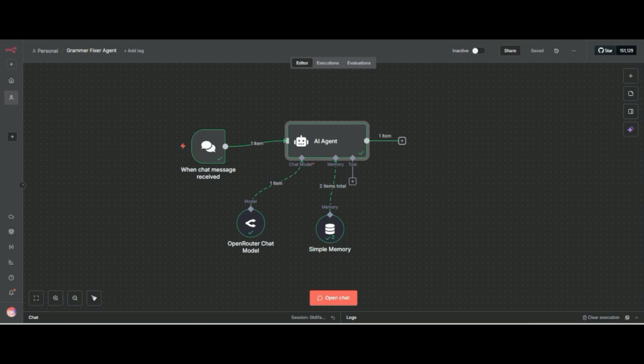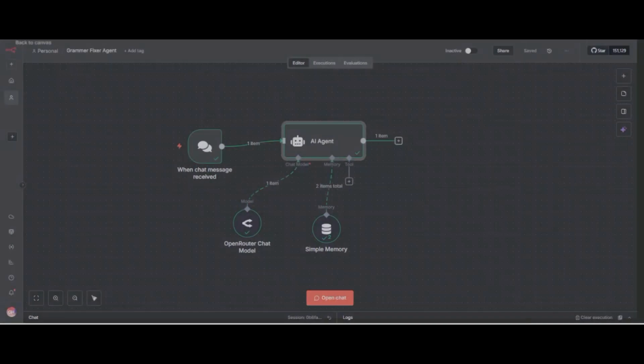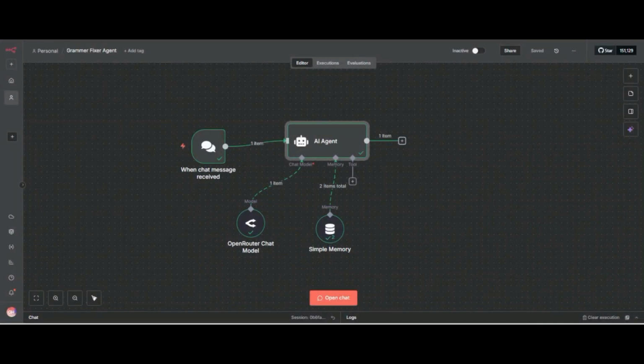I have to tell you some things. If you add your OpenRouter and you are building your system, you may face an error, because sometimes the agent takes more time to generate the response or faces an error.